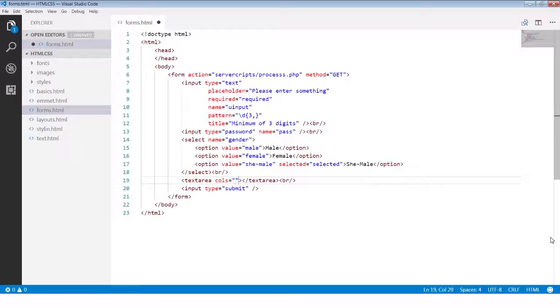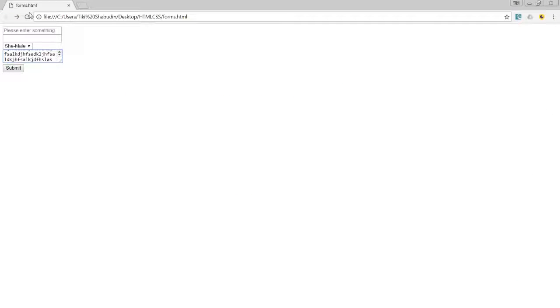Okay, now columns is basically how many characters width you would like to have. Let's say I want to have a 50 column width, so 50 characters basically, and this is what happens. So if you say 50 characters, there you go. 50 characters width will be given to you. Now let's say I want a little bit more,